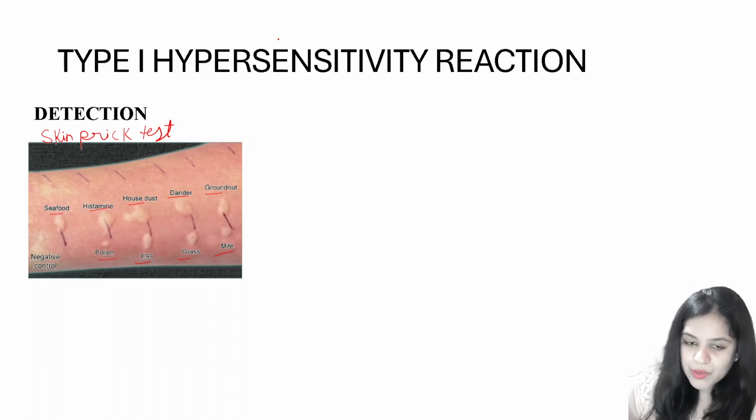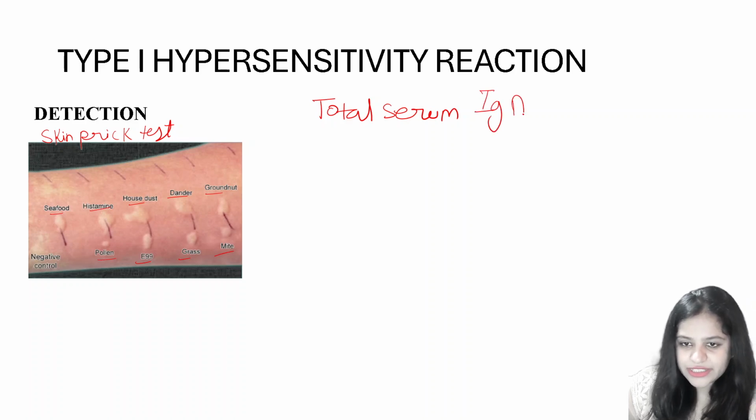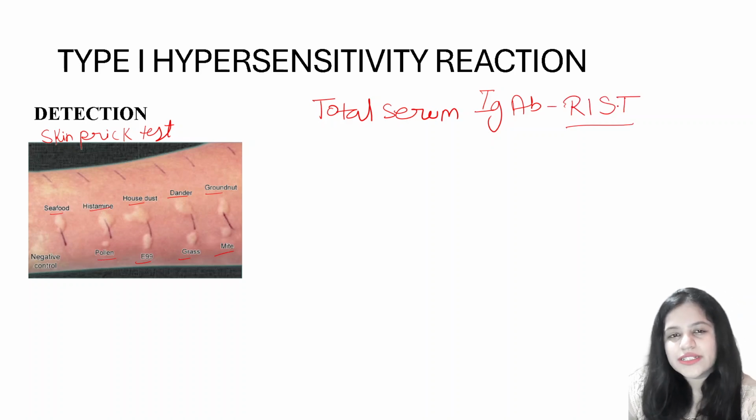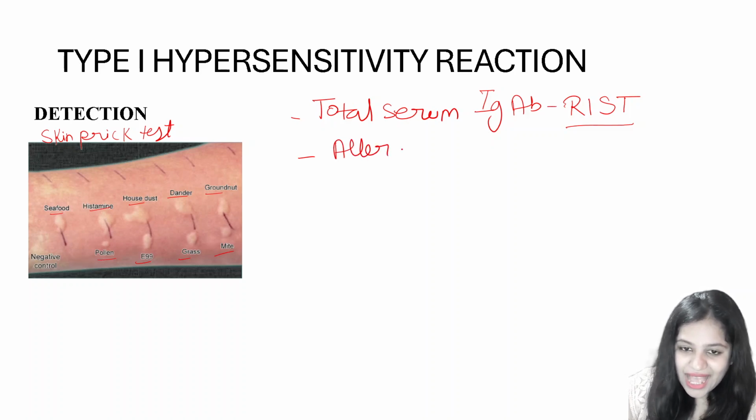Second, you can do a total serum IgE antibody detection. Okay, you can do it by the radioimmunosorbent test. Now this is obsolete, we don't do it. So is it better to do a total serum immunoglobulin test, or an allergen specific immunoglobulin test? Okay, it's better, right? So we can do an allergen